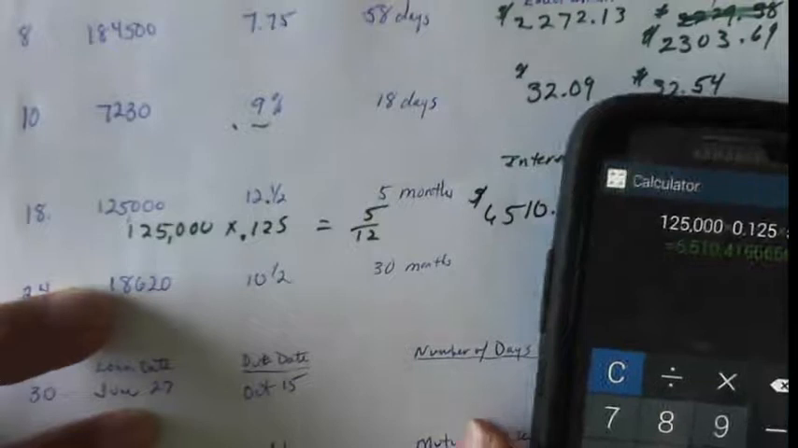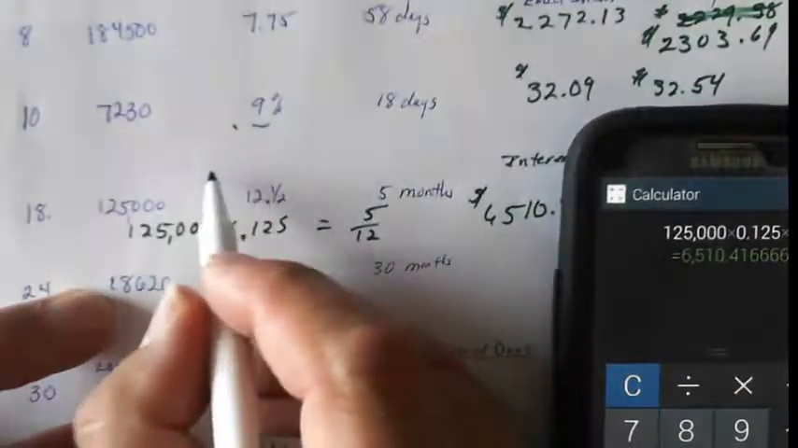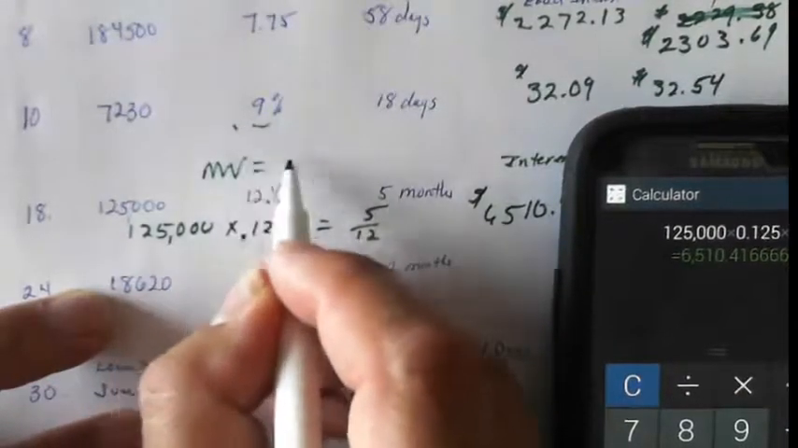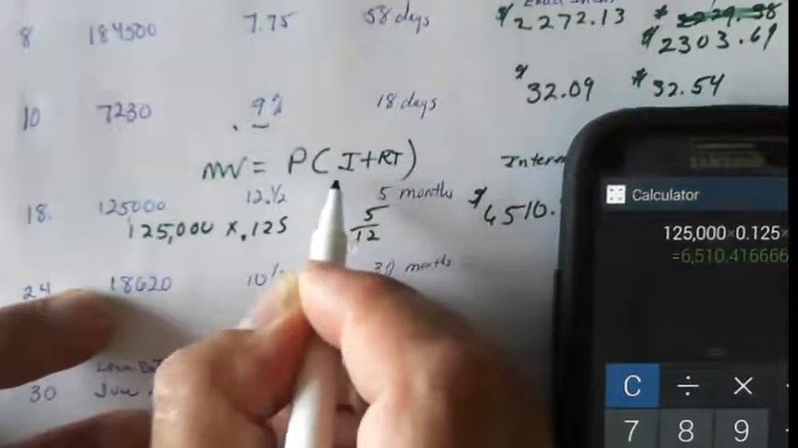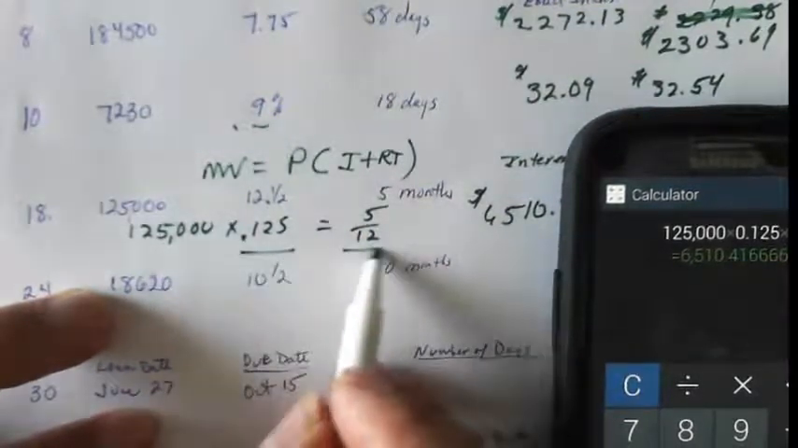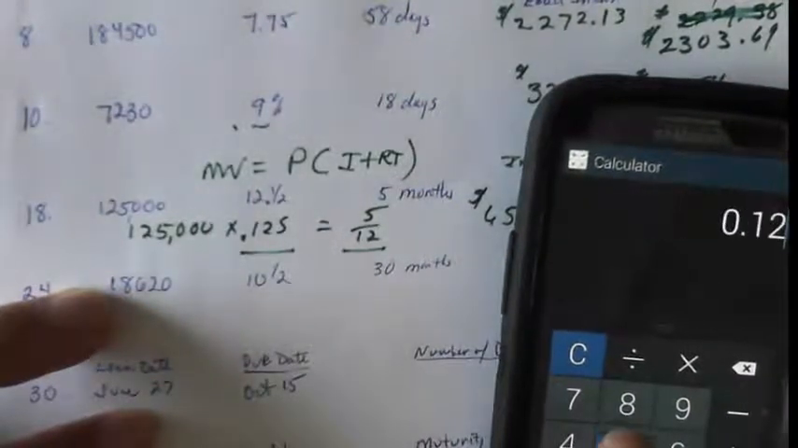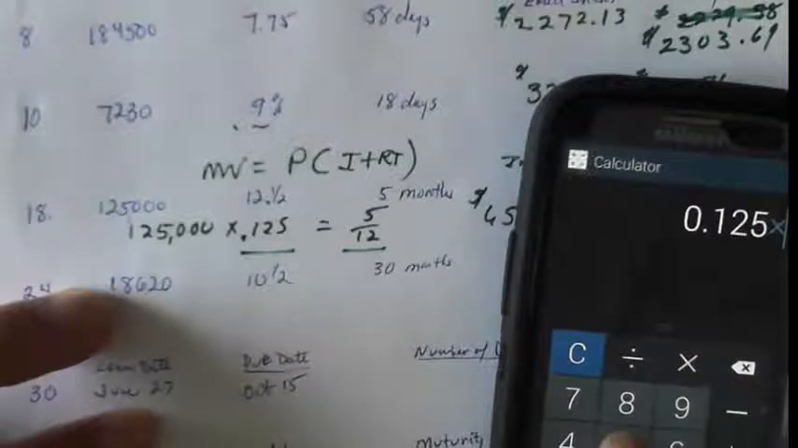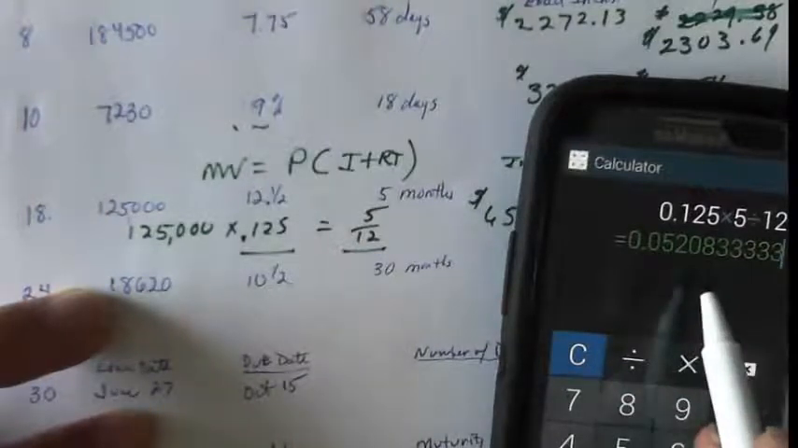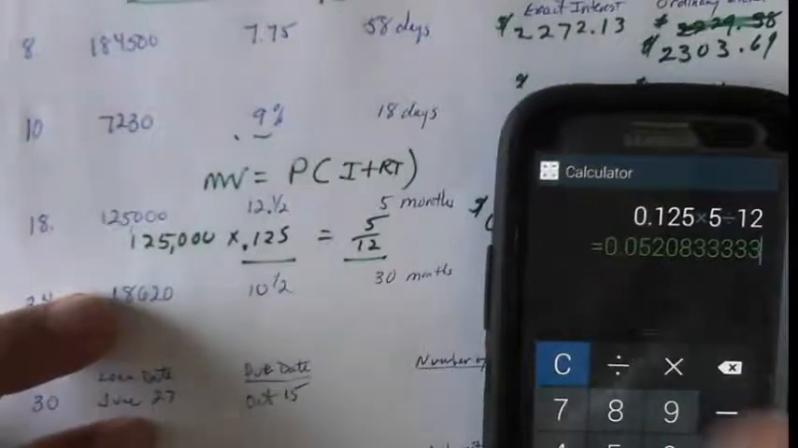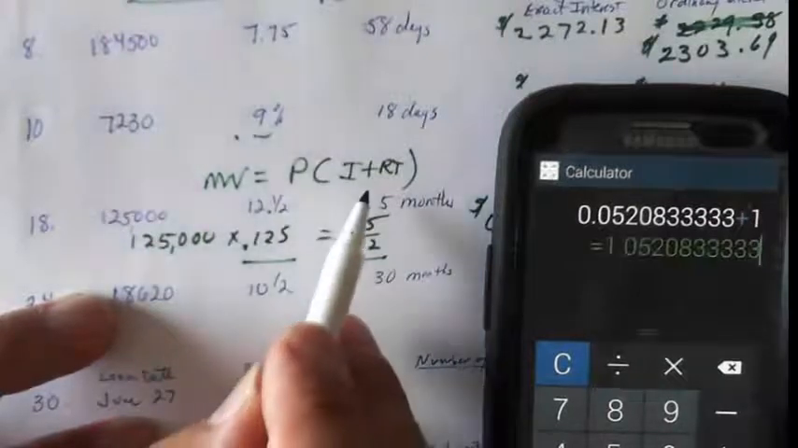Okay, and then they want you to apply the maturity value formula. I don't have a lot of room to write, so I'm going to write up here. So remember, the maturity value formula from above is principal times the quantity rate times time plus 1. So here's the rate and here's the time. In order to do this formula, we've got to do this back part first. So we have 0.125 times 5 divided by 12 equals this number, 0.05208333. Okay, and then we have to add the 1 to it, plus 1 equals, and now we're going to